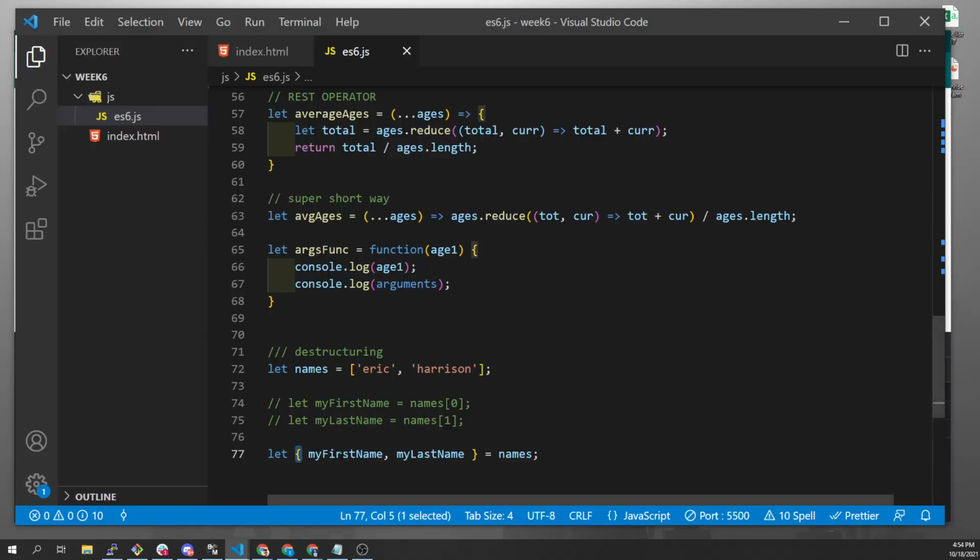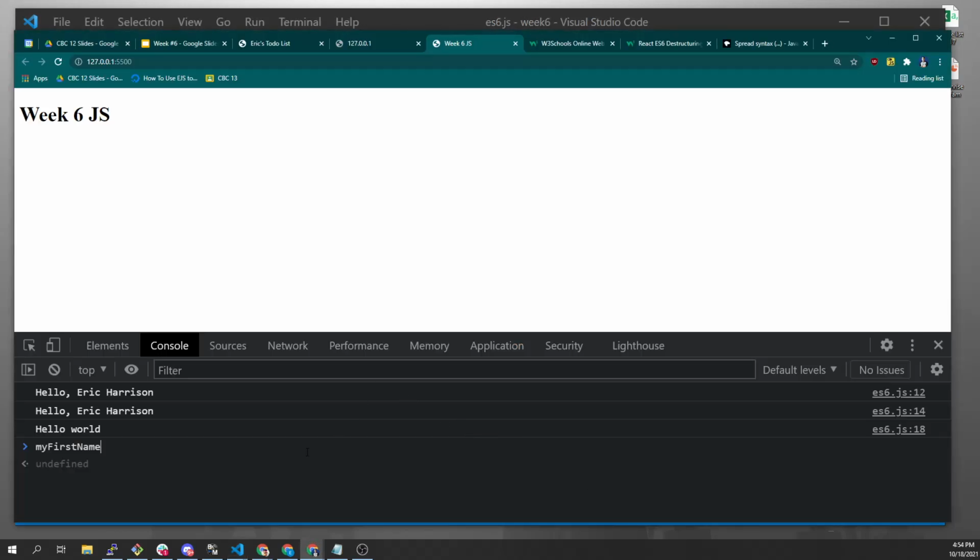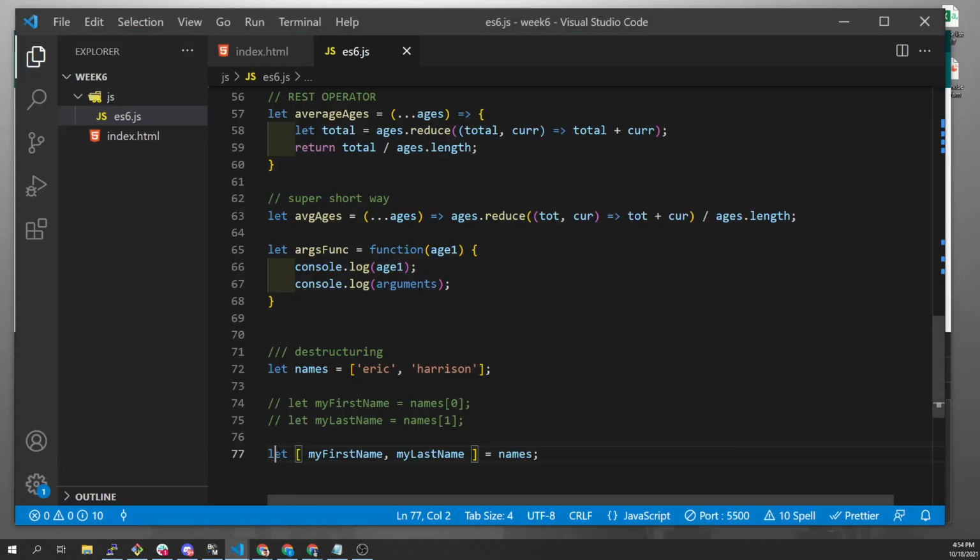Use curly brackets instead of square brackets. Cool. And then if we do my last name, it's Harrison. So if you're using an array or an object, we can declare